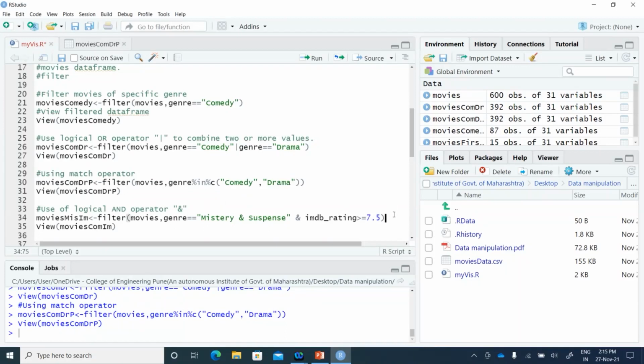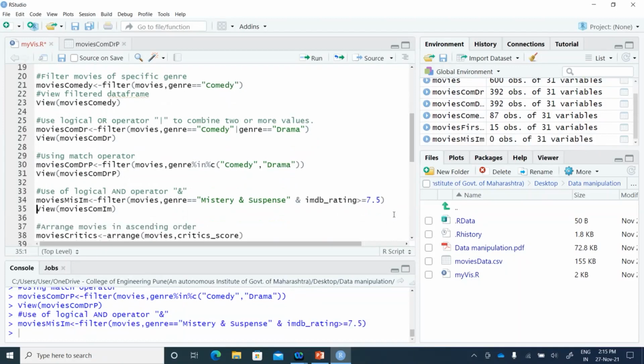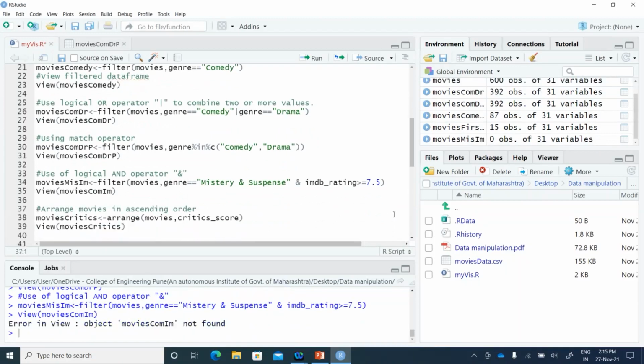Let me press control enter and run this. Oh, there is some issue. The object is not found.